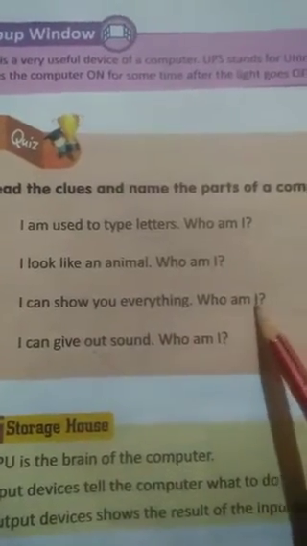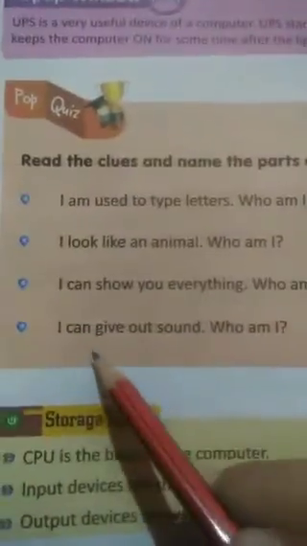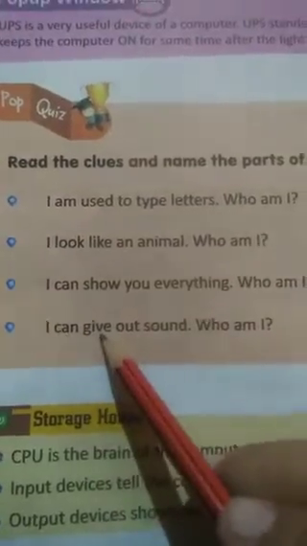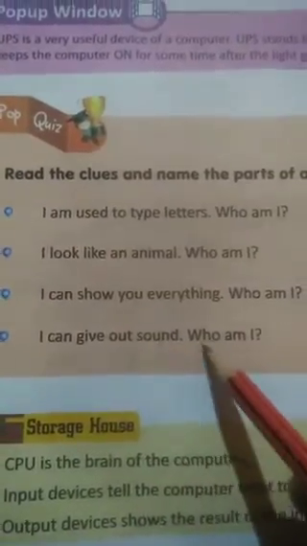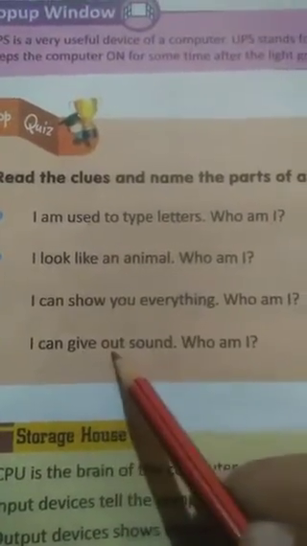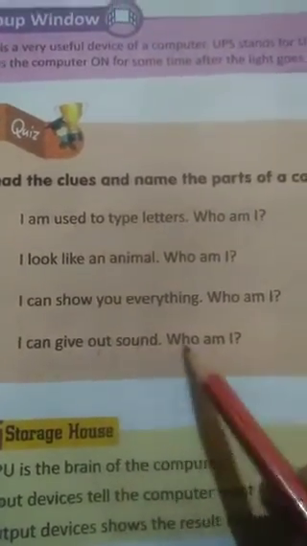Who am I? It is a monitor. MONITOR. Number 4. I can give out sound. Who am I? It is a speaker.